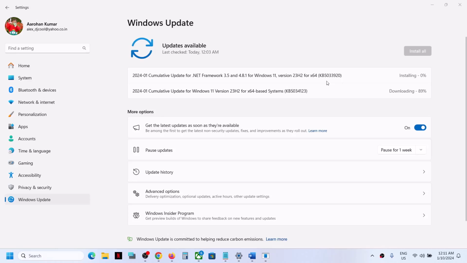Today in this video I'm going to show you how to fix when you're unable to install these two updates, that is KB5034123 or KB5033920. So if you're unable to install these updates on your Windows 11 computer, then please follow the steps shown